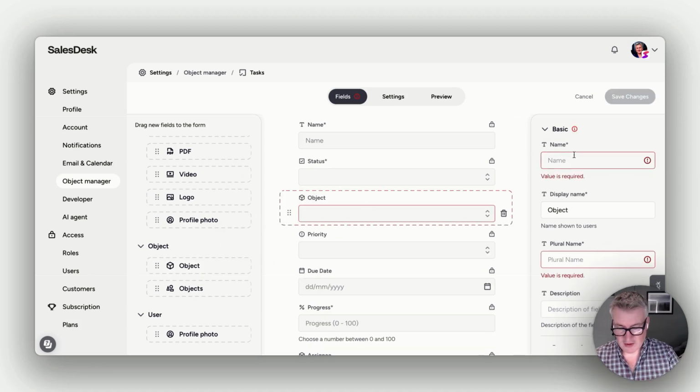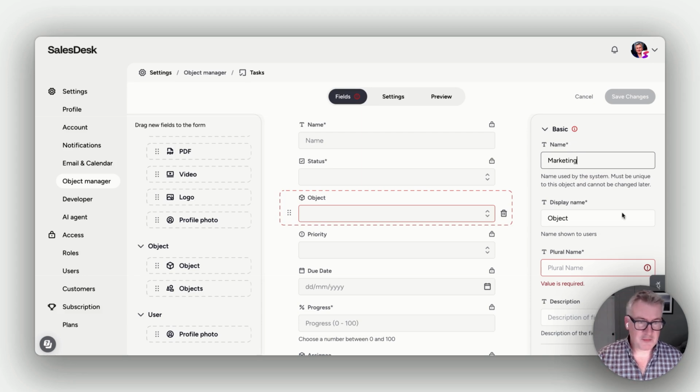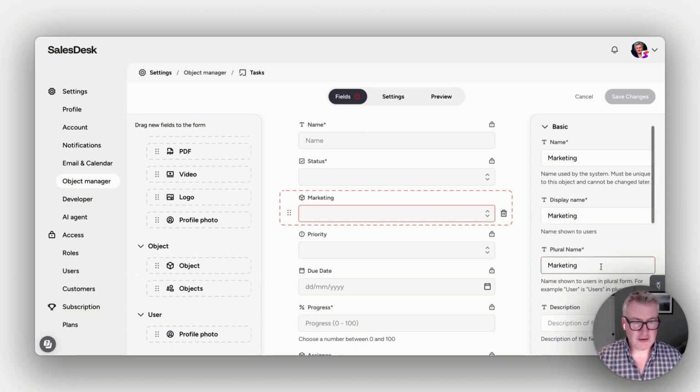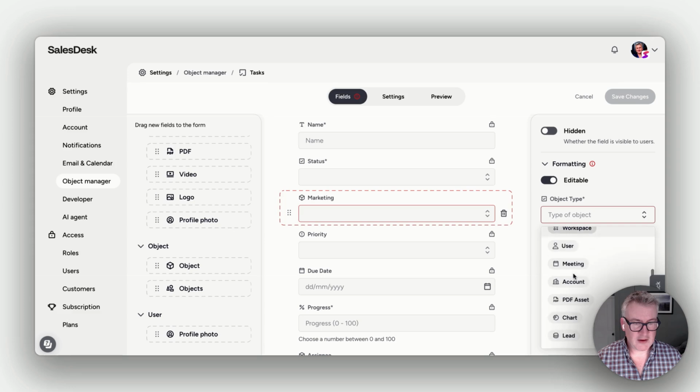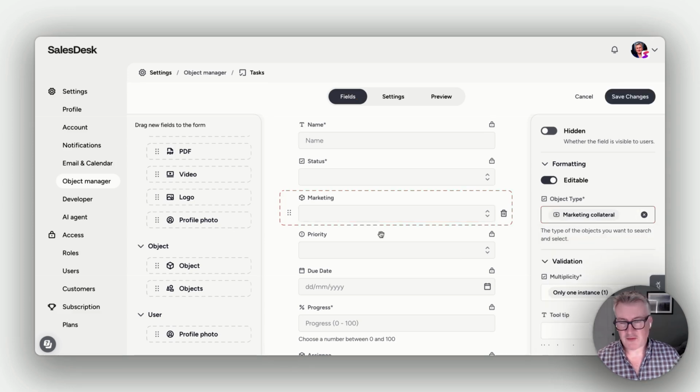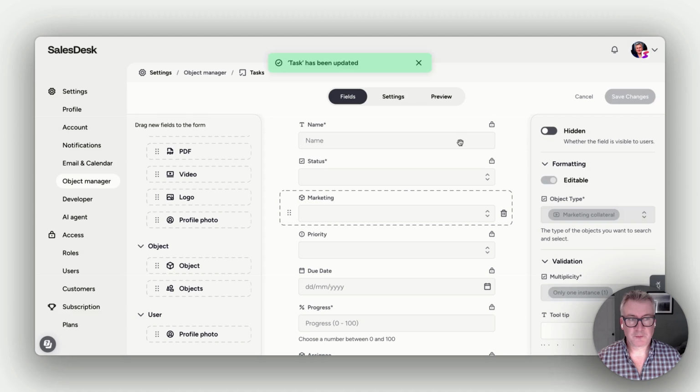So I'm going to call it Marketing Campaign. Display name is going to be Marketing. Plural name, leave it as that. And what I'm going to do is link it to the new object that I've created. So if I just click here, I can scroll down and you'll see down here Marketing Collateral. So what I've done is I've created a field which links to a new record type that I've created previously. I'm now going to save that. Now that's done, I can go back to my tasks board,